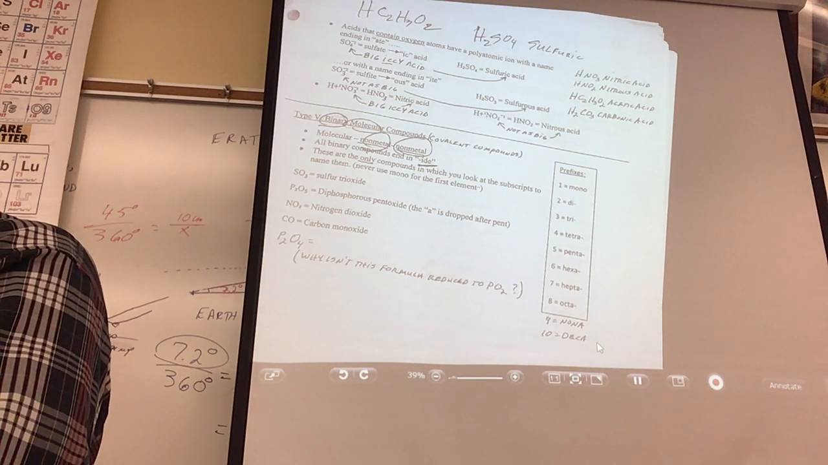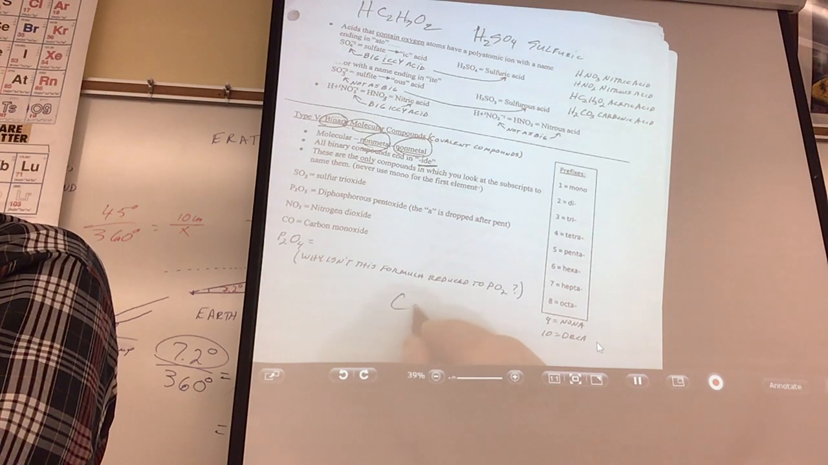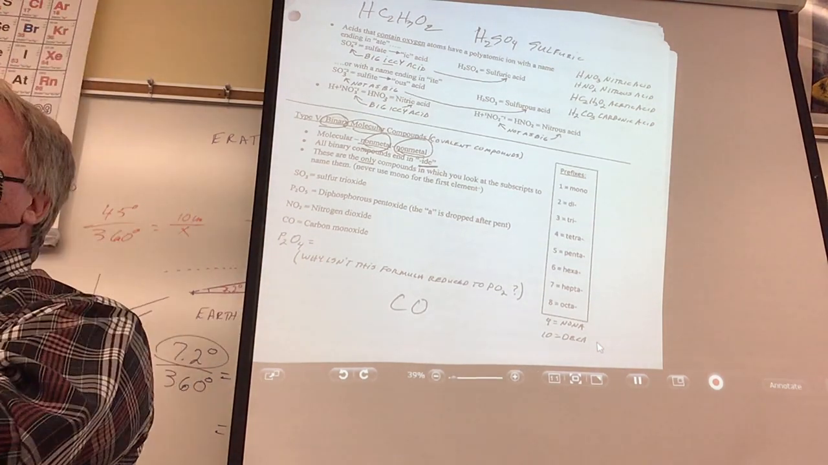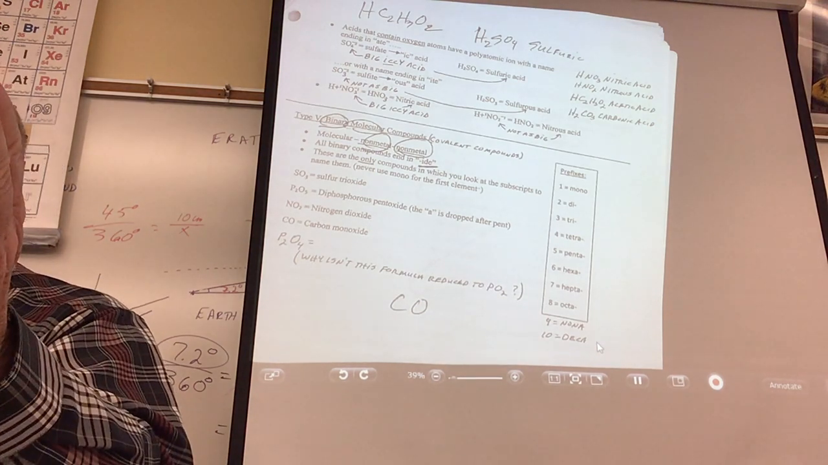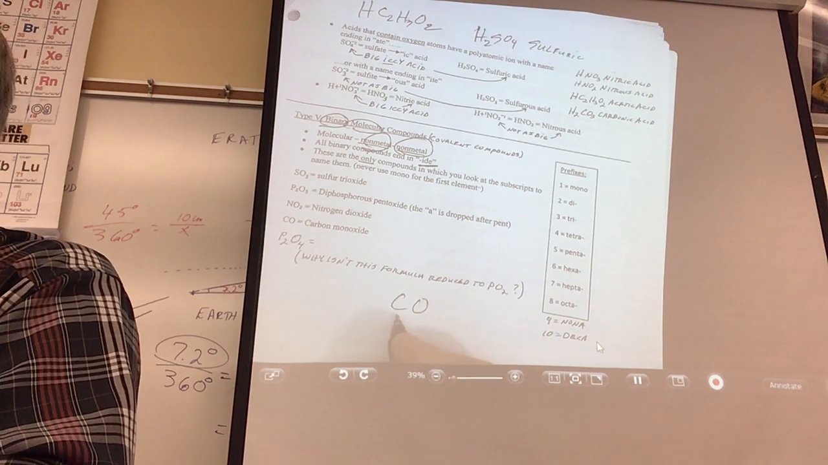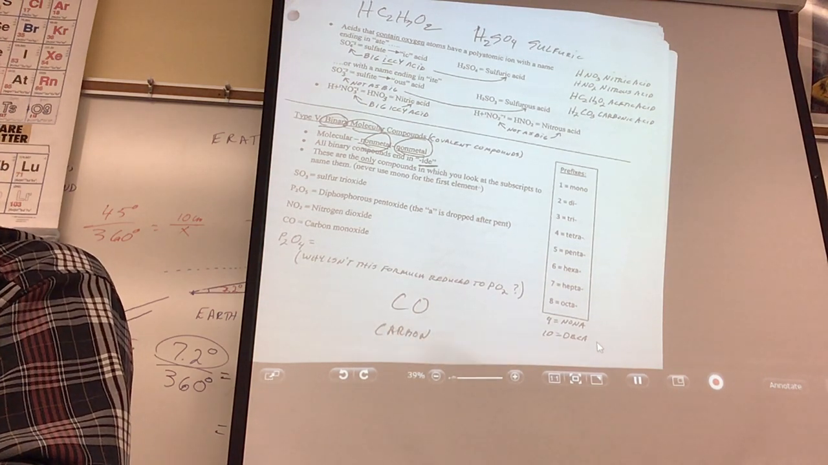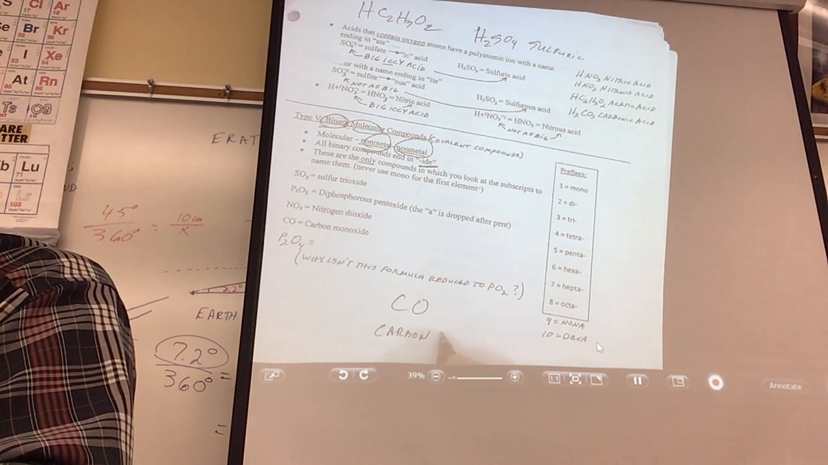Now, what we do is we take something like this, and we go, how do you name that? Ding, ding, ding. Wait a minute. That's a non-metal and a non-metal. And it's binary, right? So we say the name of the first element, and then say the name of the second one. Okay, now, but